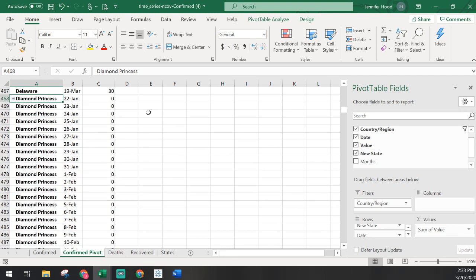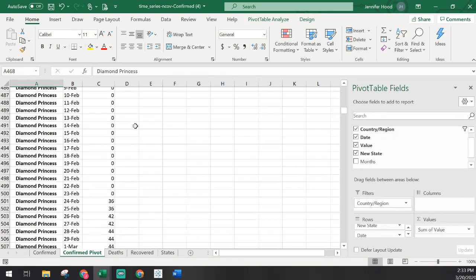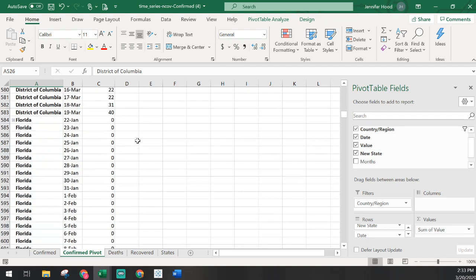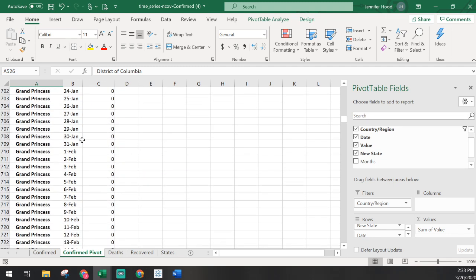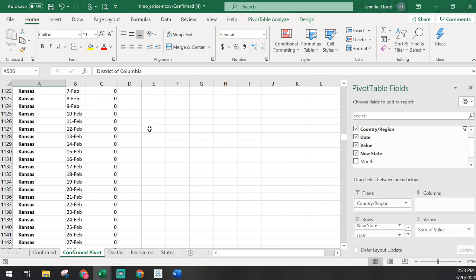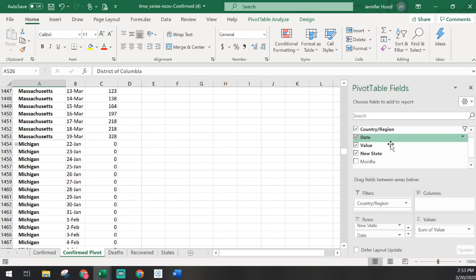I left these as is because I didn't have a good way to convert them to a specific state, and I wanted them to still show in the total US numbers because they were people affected that were in the total US counts. Notice we have District of Columbia here. This actually becomes important as we continue going through our data. Here we've got Grand Princess, another cruise ship. We've got Guam, so it's US, but it also has territories. Puerto Rico's in here somewhere further down in the P's.